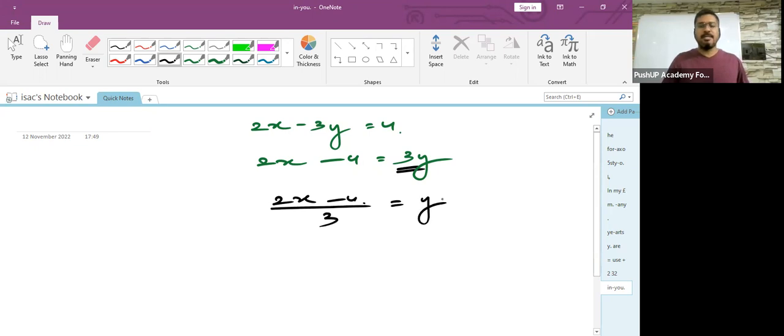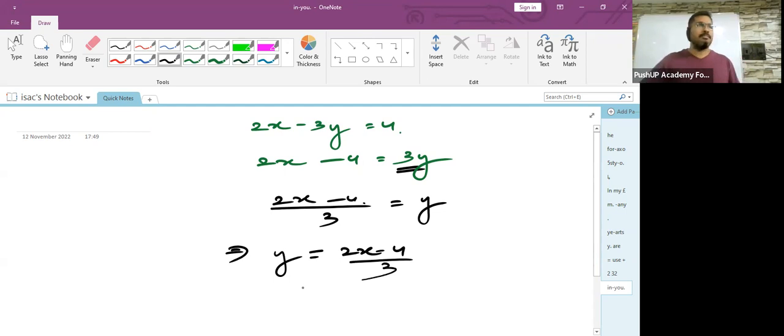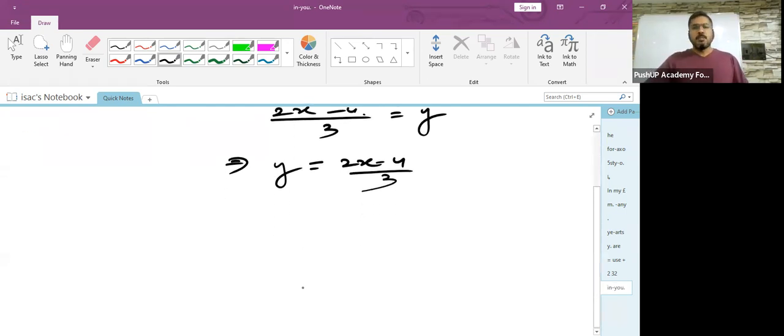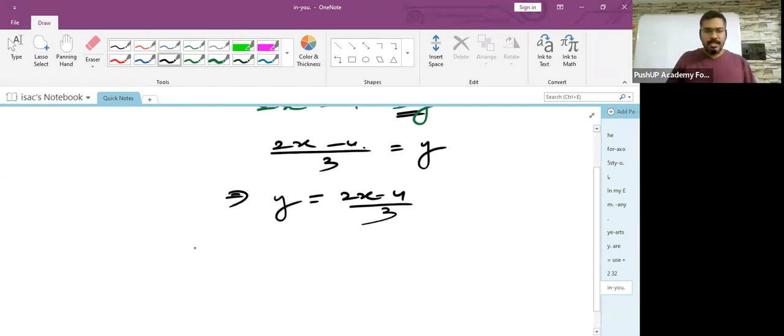This is the reason why I said this equation is not as simple as it looks. It's quite deceptive. Okay, so I can write here y is equal to (2x minus 4) whole divided by 3. Okay. Now, let's create the